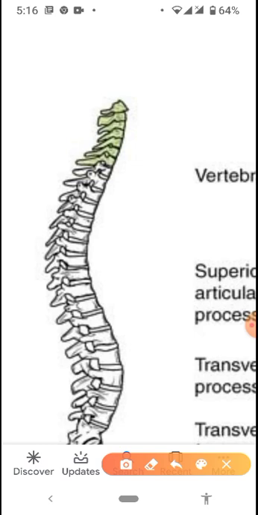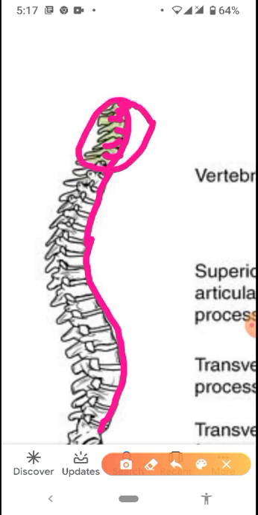Okay, so this is the cervical spine. These are the cervical vertebrae, 7 in number, you know that. And this is present obviously in the neck region, so that's why we are going to discuss the cervical vertebra too. Then this one is the thoracic spine, and this one is the lumbar, and this one is the coccygeal part. So we will discuss the cervical spine vertebra as we were discussing the neck.